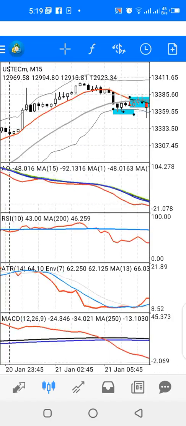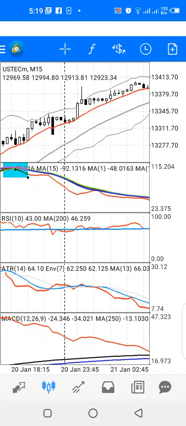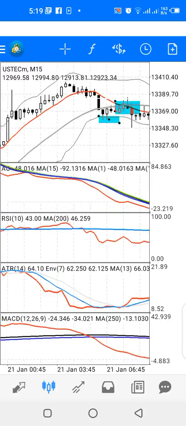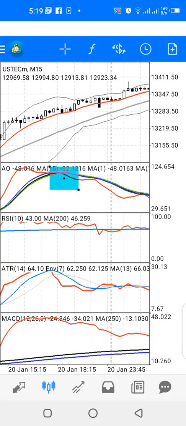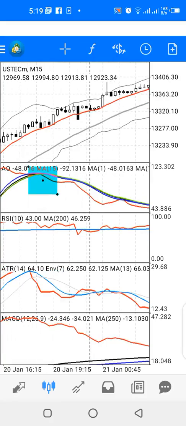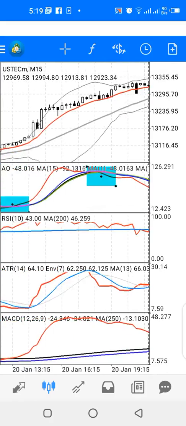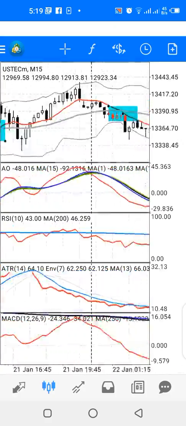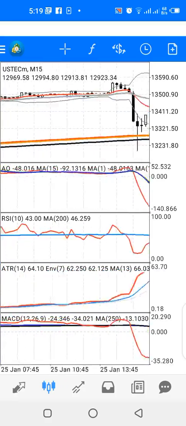But you don't just sell, you have to combine the signal with other windows. If you sold just based on this indicator alone, you'll be in loss as price continues to go up. So you have to consider all other indicators. Are they telling me to sell before you enter your sell trade? So that's basically how it works on